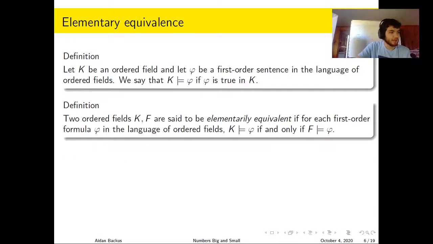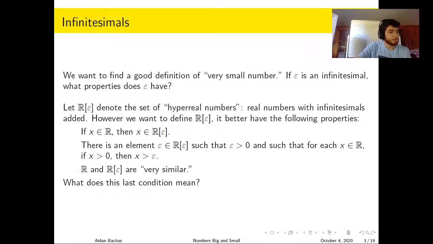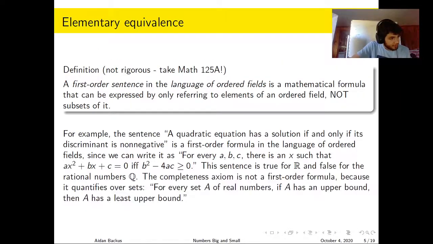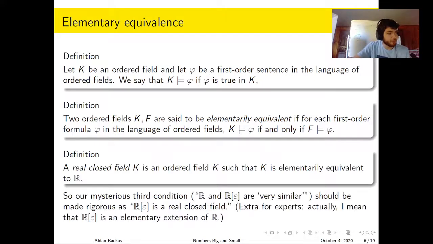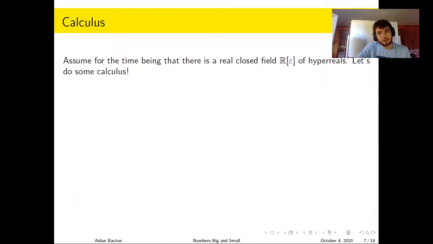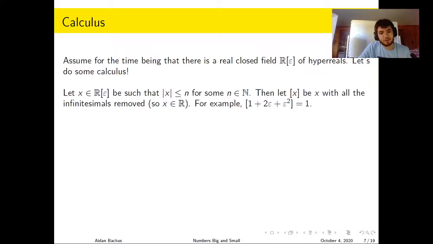It might be the case that the property of not having any infinitesimals, which is true in the reals, is first order, and then any real closed field does not have infinitesimals. And that would be a problem, because then this hyperreal field would be just complete nonsense. It would not exist. Luckily, that turns out to not be the case, and we will prove this later on. But first, let's just take it for granted that such a thing exists and try to use it to do some calculus.